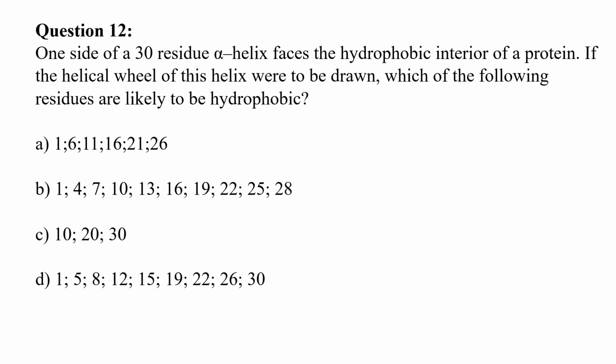So moving to the next question, question number 12. One side of a 30 residue alpha helix faces the hydrophobic interior of the protein. If the helical wheel of this helix were to be drawn, which of the following residues are likely to be hydrophobic? So let's see first what a helical wheel is. So a helical wheel is basically,